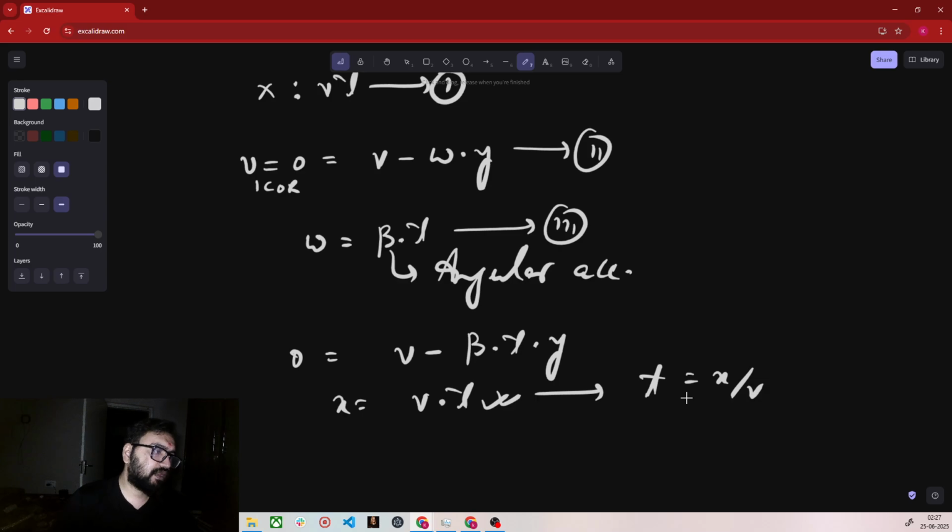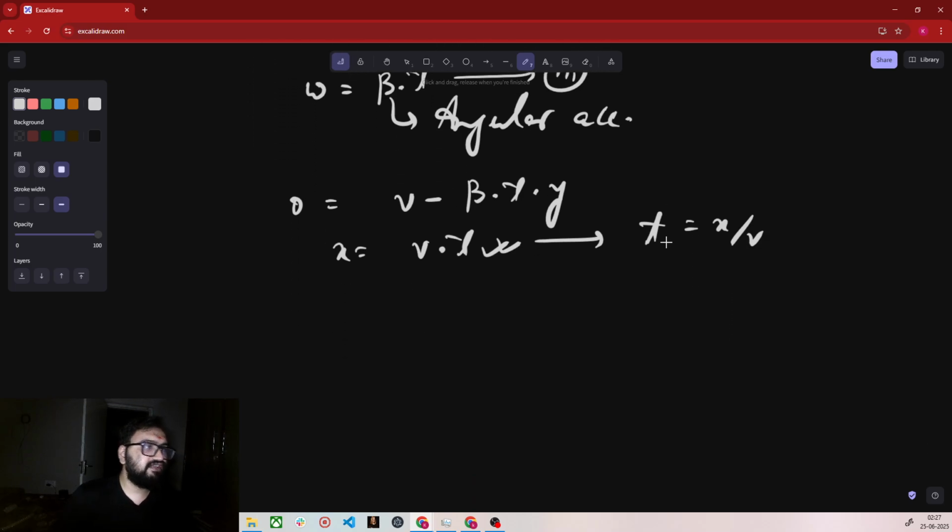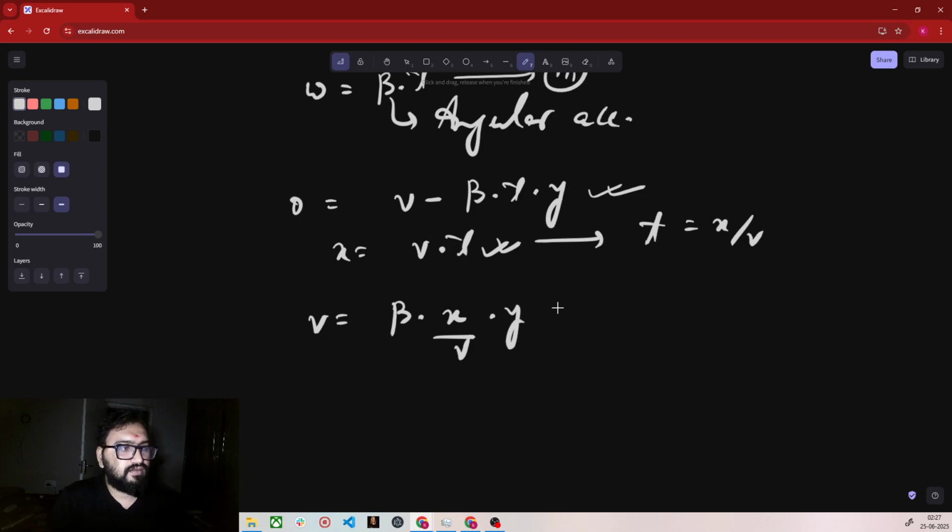If I put in the value of t in this equation, I get v equal to beta into x by v into y. From here I get the value of y, which is a function of x, as